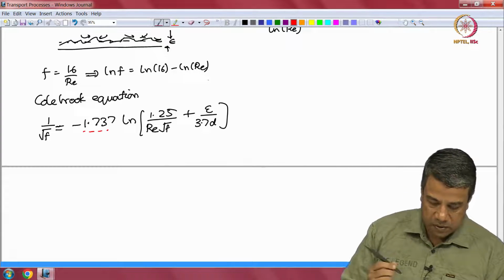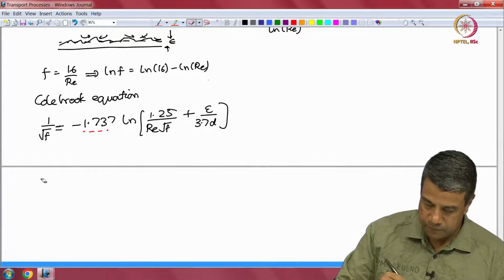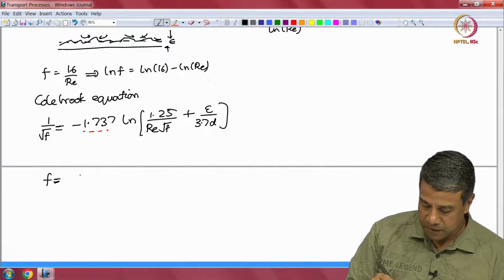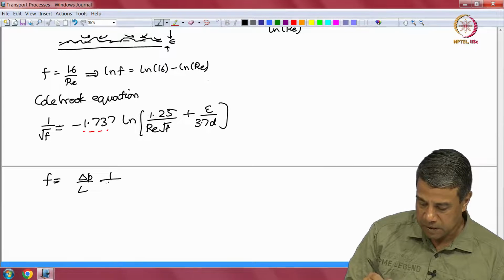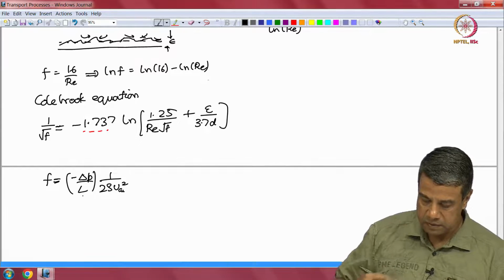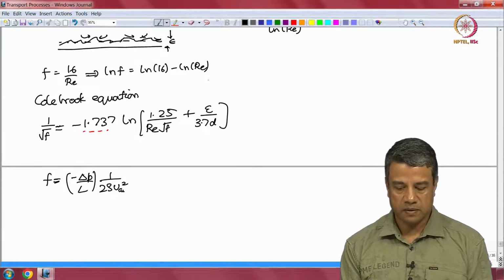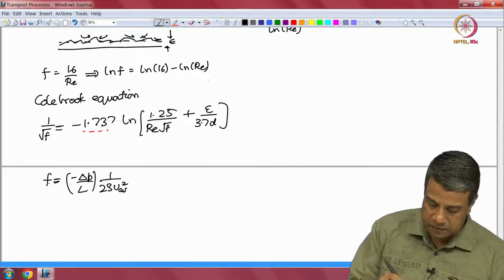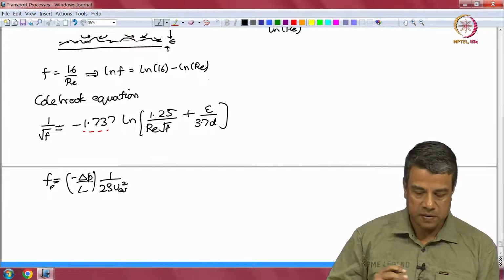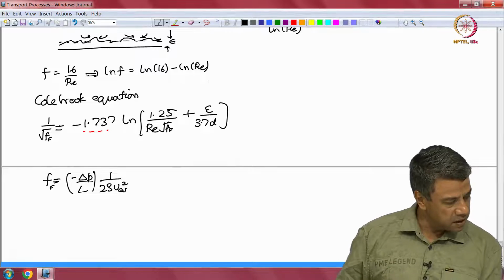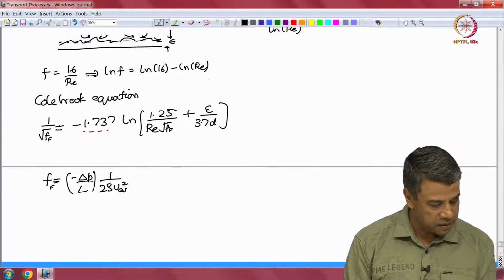So, we know that f is equal to minus delta P by L, 1 by 2 rho V average square. There is a negative sign here because of the difference in pressure between the inlet and the outlet. This is the Fanning friction factor. I should also note that the expression I have written down is for the Fanning friction factor. You will get a slightly different expression if you use the Darcy friction factor. So, here we are going to use the Fanning friction factor throughout